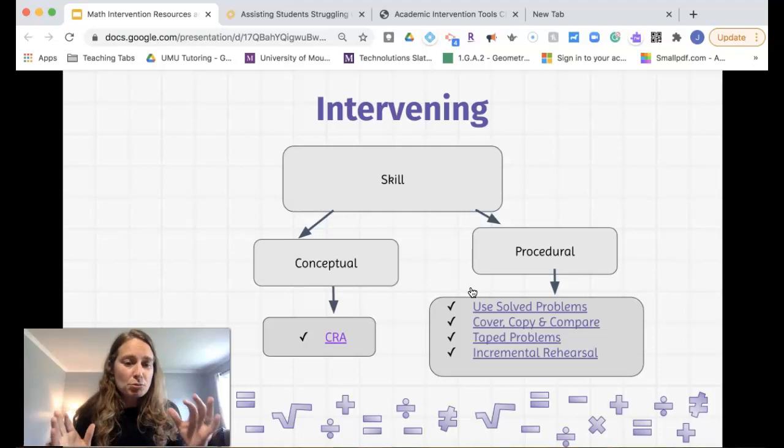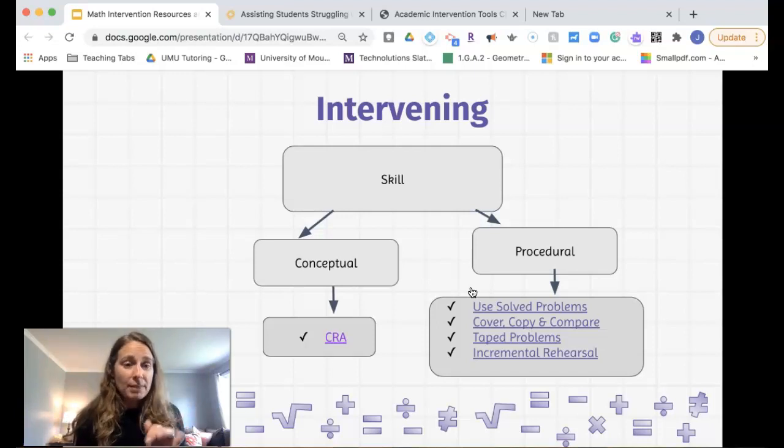So a lot of times when a student has a conceptual misunderstanding, they're too far along. They might be at the abstract, but they never got the concrete representation. And so you kind of have to back them up and reteach that series of understanding and re-uncover the skill for them. When students have procedural fluency problems, I really like these 4 strategies